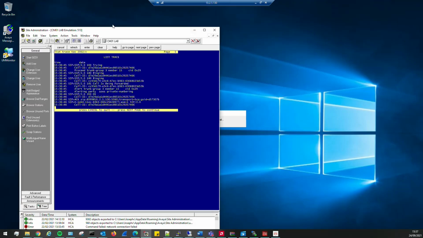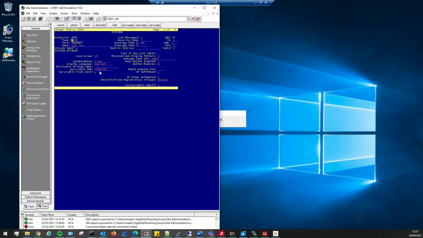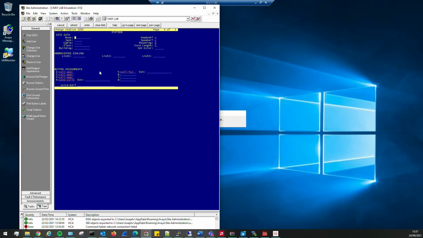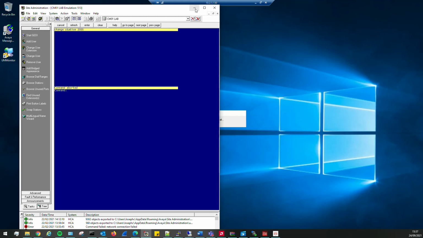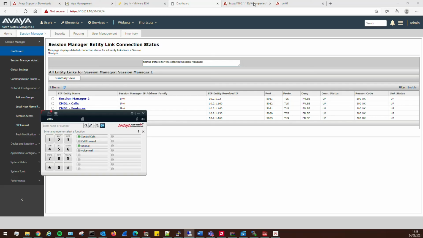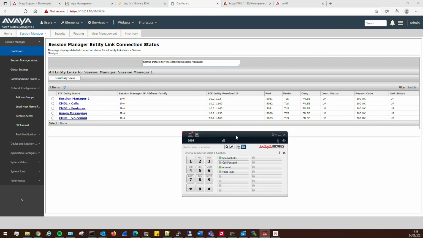The other thing I forgot to show you as well is for the users. If we look at user 2005 as an example, on page 2, what you have here is MWI server used. It needs to be set to SIP adjunct. So you can either have QSIG MWI or FP MWI, but it actually needs to be set to SIP adjunct. And if you have H323 stations hanging off of Communication Manager, then what you need to do in System Manager